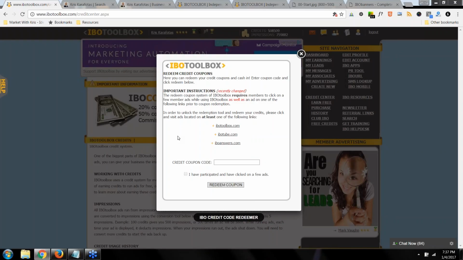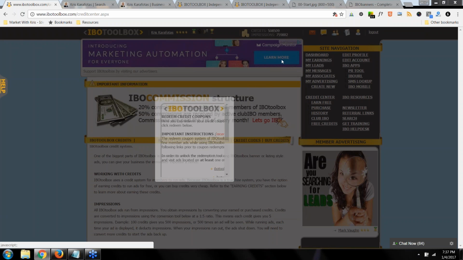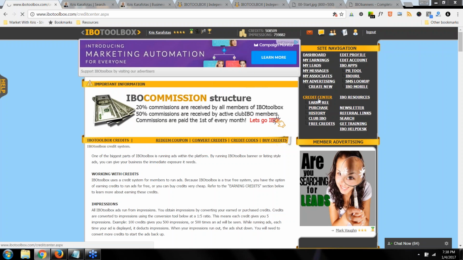With the credit code redeemer box, you need to click on and visit the ads located on at least one of the following links. Every time you open this, it's going to have some different links there.